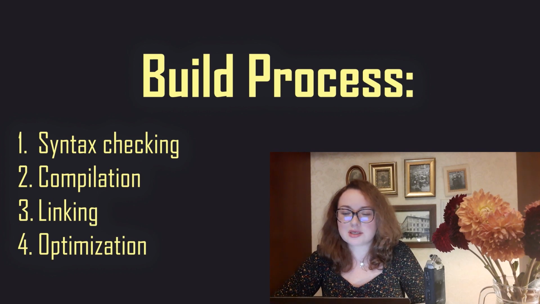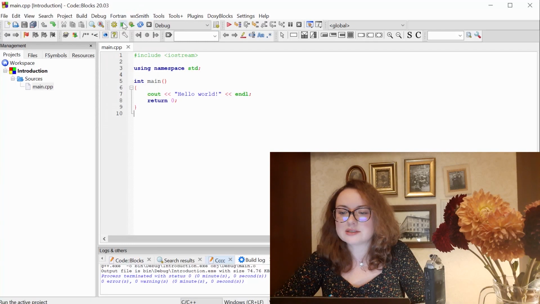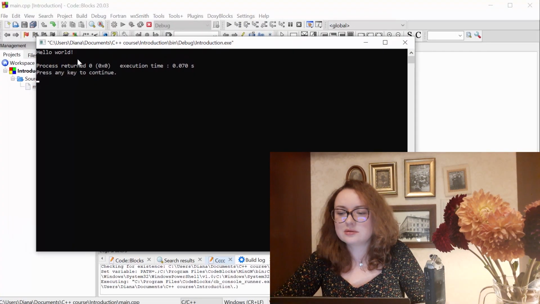And if everything is okay, now we can try to run our program. For this purpose, once again, you can check the Build menu and select Run, or you can press the Run button on the menu panel, and you can see the result. We have the line in our console: Hello world.